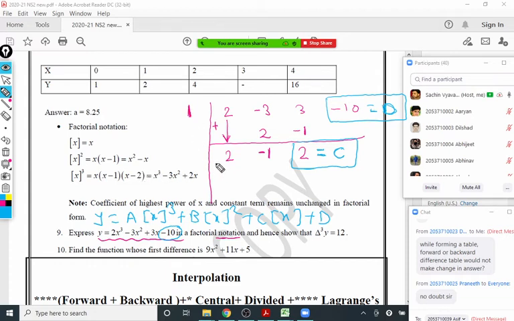Now we are taking x minus 2, so we are going to take 2 here. In the next level we are taking it as 2. So 1 is taken, 2 is taken now. In a similar way, keep the first coefficient as it is, so this 2 will be as it is. Cross multiply 2 into 2, 2 into 2 is 4. Addition: minus 1 plus 4 is 3.